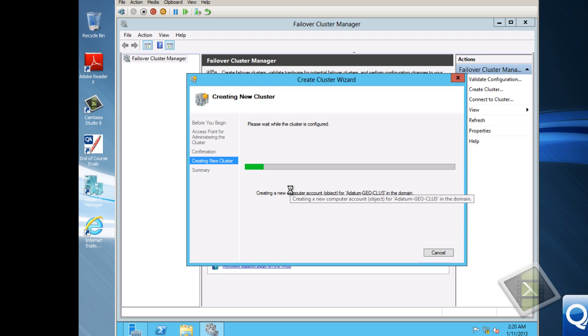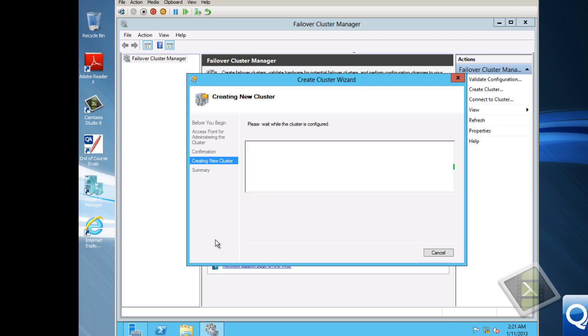There was a tick box at the bottom of the screen which said add all available storage. So the storage which is available on the first cluster node and the second cluster node will be added in as available storage, and we'll see that when we look at the storage node once the cluster's built. This will take more than likely about another 20 seconds to build the cluster. So, having created the cluster successfully,